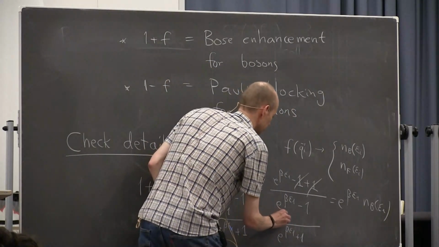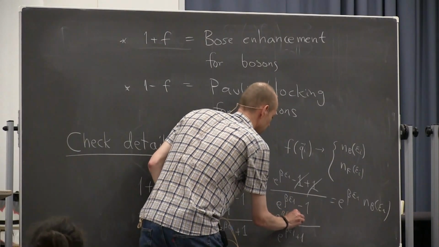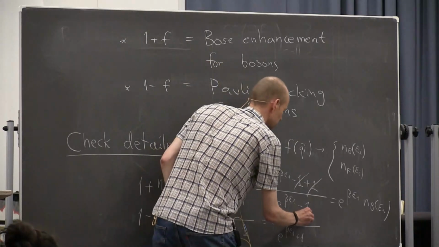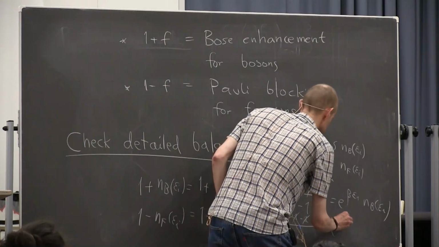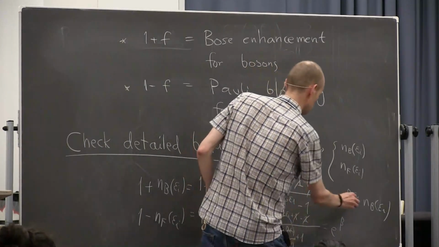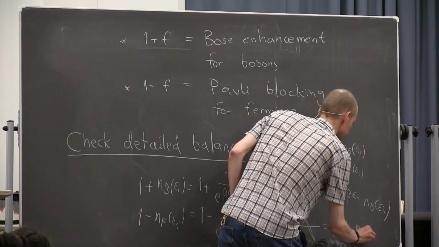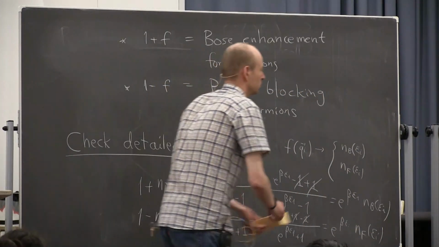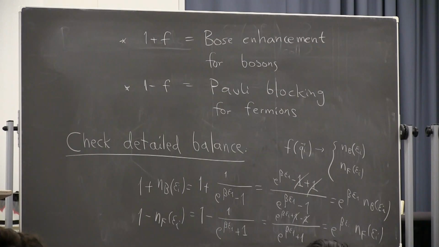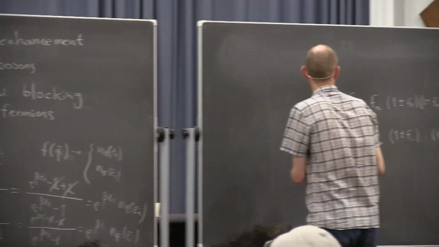There's 1, so I have to put 1, and then now it's a minus. And again these terms cancel, and again I get e to beta ei, Fermi distribution of ei. And therefore, I'll just remove the first line first. Therefore,